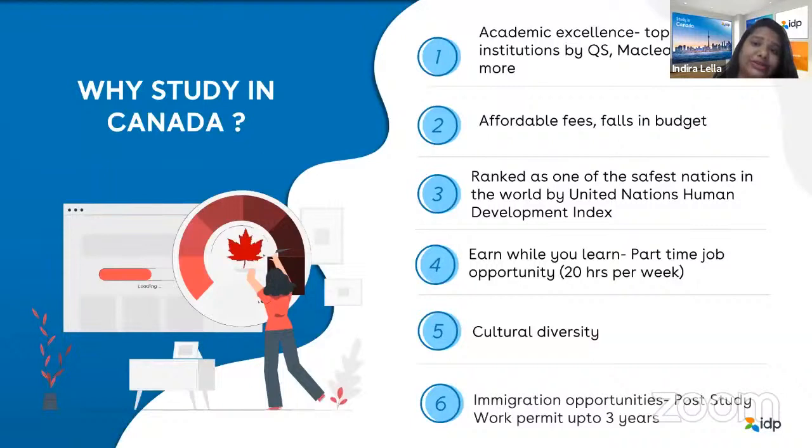And that is for 20 hours a week, which could be really helpful for your living expenses. And yes, you can start living independently also, right? And of course, when you're going to a country like Canada, US, UK, or any other country, you also have the option of cultural diversity. You don't meet only people from India, you meet people from worldwide. You have Chinese, you have people from Australia, Africa, America, everybody is there in Canada. So you can have that exposure to different cultures across the globe, right?